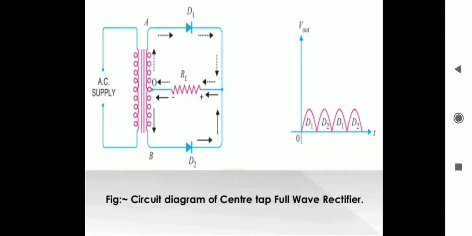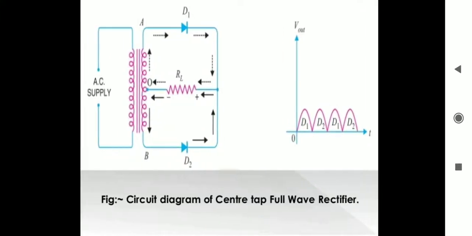The full wave center tap rectifier working is another part of the full wave rectifier, right? The center tap full wave rectifier converts both positive and negative half cycles of the AC input into pulsating DC output. As shown in front of your figure, the circuit uses a center tap transformer which is connected across the middle of the secondary winding of the transformer. This type of transformer divides the input AC into two parts, positive and negative.